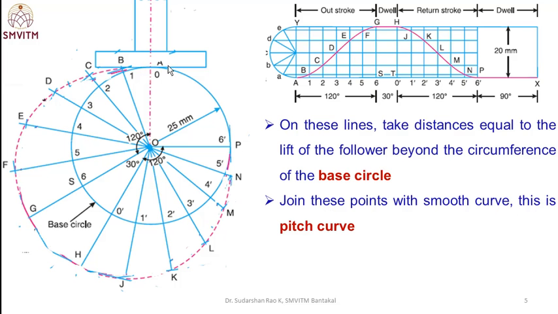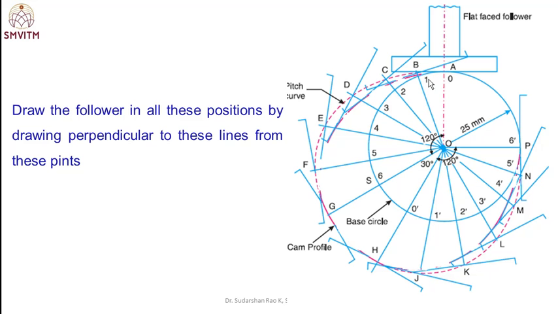For a knife edge follower, this is the cam profile, but for the flat faced and the roller follower, this is the pitch curve. Okay, next, from the pitch curve, from these points, that's A, B, C, D, etc. up to P, from these points draw the follower. So by drawing perpendicular to these lines, that is to the line O1, draw perpendicular, that is a follower. That is O2, draw perpendicular,